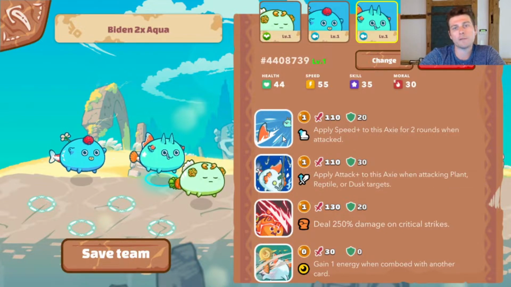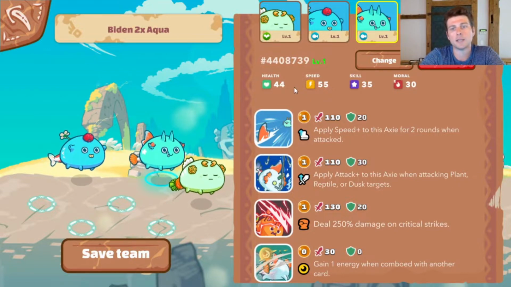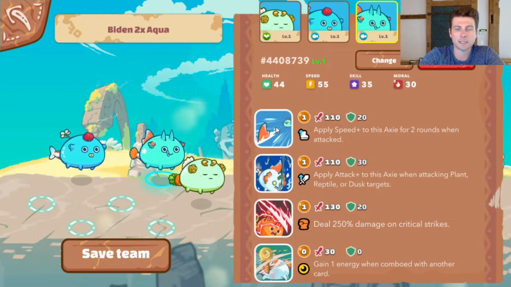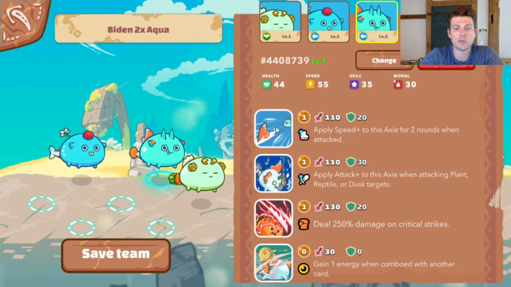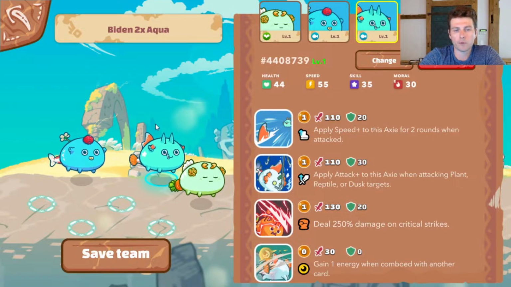And I'd say one advantage to this build relative to the Sandal build is you are able to get Goldfish on there. And what that's going to enable you to do is, since this aqua is only 55 speed, you are going to be going slower than your standard aqua at 57. But if you put up this Goldfish, someone attacks into you and you survive through the round, you'll be able to go first the following round, which is very, very helpful. So I think I probably prefer playing with this Axie in the midline more, but